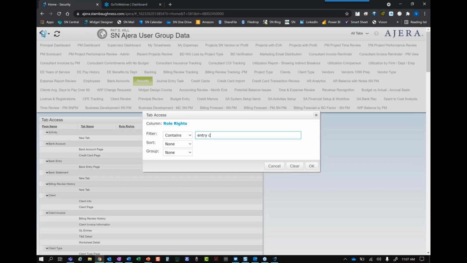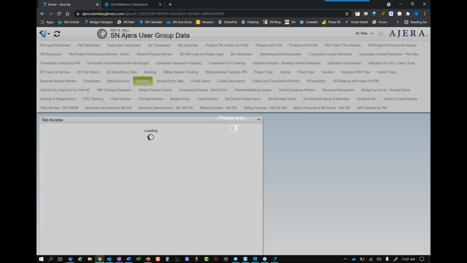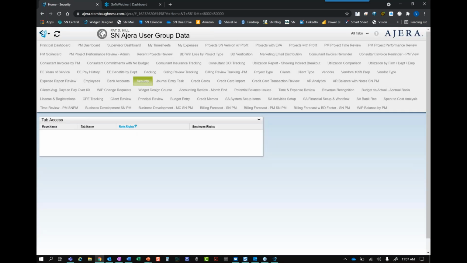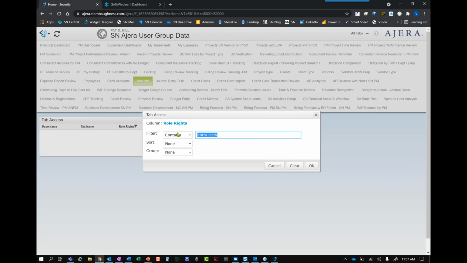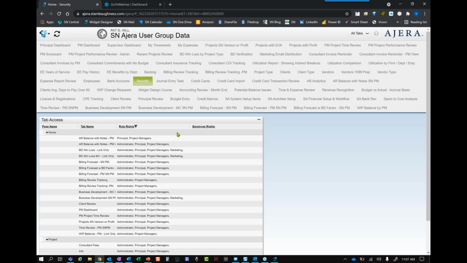So let's say we didn't use the entry clerk role. Oh, it's not assigned to anything. Bad choice. You can search by any role name though quickly, and then identify all of the tabs where you would go and unuse that role. You would just uncheck it in order to delete those roles.